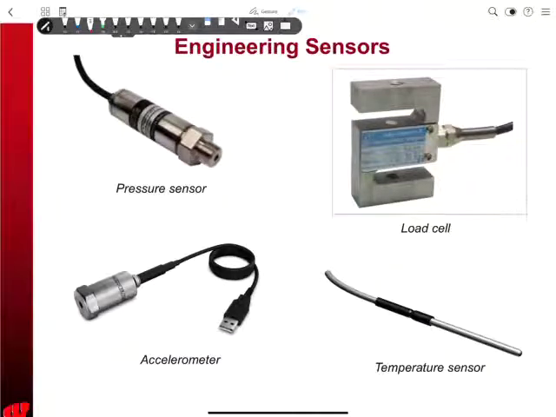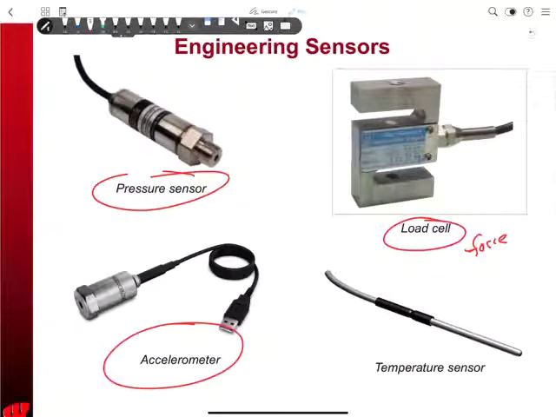So the load cell, this is what we're going to use in class. Does this one have any scales on it? No, it doesn't have any scales on it. But this measures force. Just eyeballing that one, it looks like it might be a 500, maybe a 1,000 pound load cell. A pressure sensor, that helps us in fluid mechanics. Pressure is a huge deal. Accelerometer,